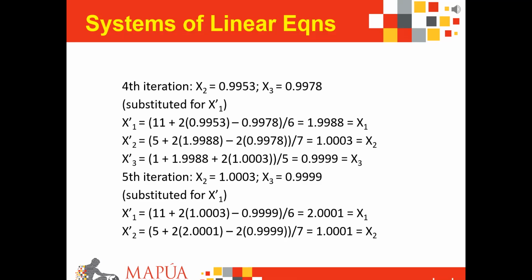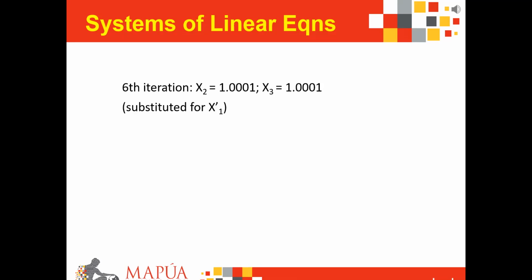1.0001. And then we simply introduce this new x1 and this new x2 to your iterative x3, thus giving us a solution like this with a new value equal to 1.0001. And upon checking your previous values on the fourth iteration, we've noticed that we still need to repeat the process. Thus, on our sixth iteration, we simply substitute these previous computed values of x2 and x3 to your new calculated